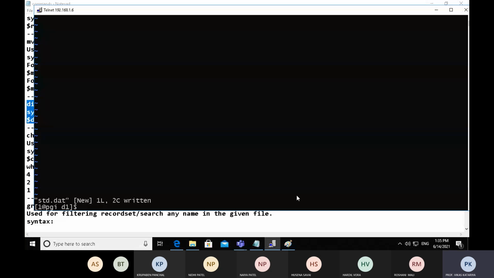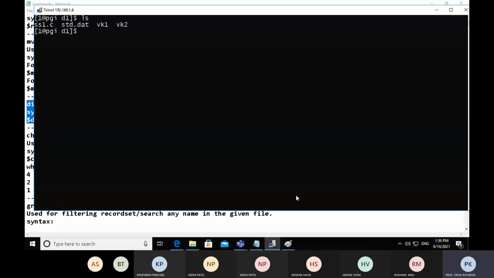If you use the vi editor, then this is the way to save a file: Escape, Shift colon, wq. Now we have created student.date, and we have put a single character in it.